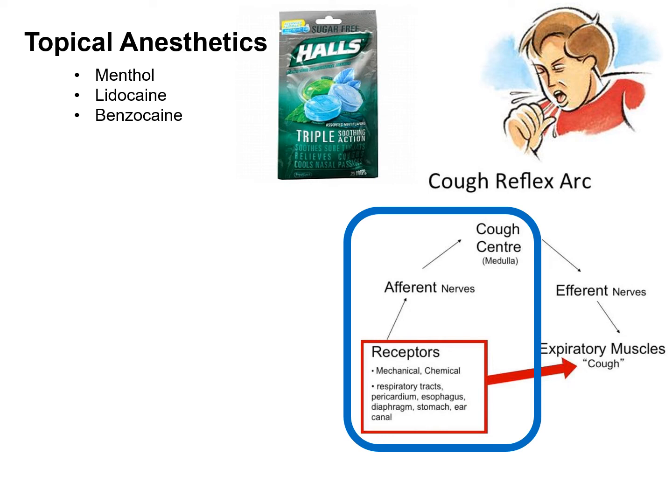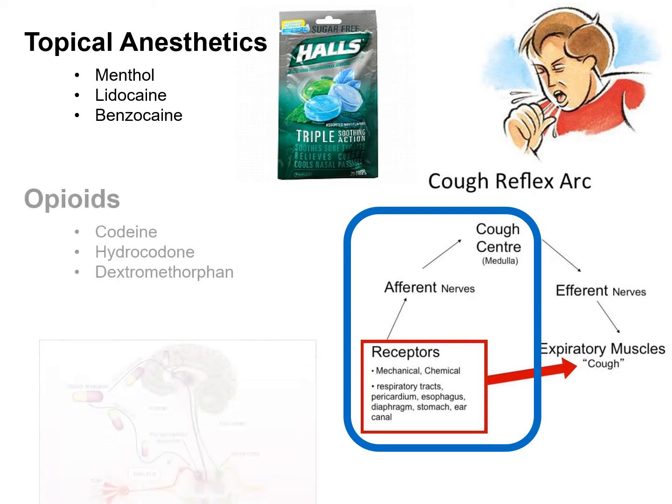So one of the theories for dealing with coughing is trying to break the cycle that escalates coughing. There are mixed opinions about that because people will argue, well, you cough because you need to cough, and by suppressing coughing, you may be prolonging the presence of irritant in the airways. That's the therapeutic consideration that somebody prescribing cough suppressants will have to think about. But if we use a topical anesthetic, which is available over the counter, you're just numbing up the area so you're not sending signals either to the cough center or to the expiratory muscles.